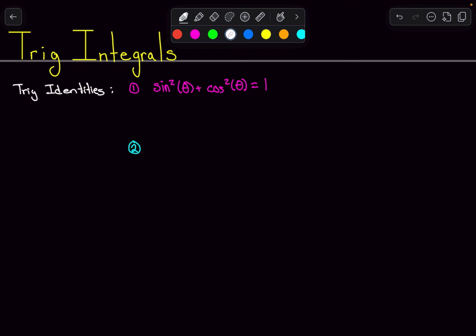If I were to divide everything on the left side and the right side by cosine squared theta, I end up with sine squared over cosine squared, which is tangent squared of theta, plus cosine squared over cosine squared, which is just 1. And on the right side, I have 1 over cosine squared, which is famous for being